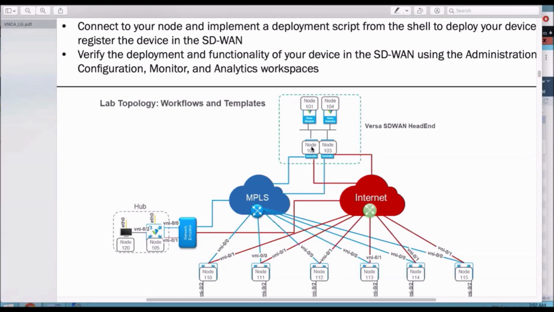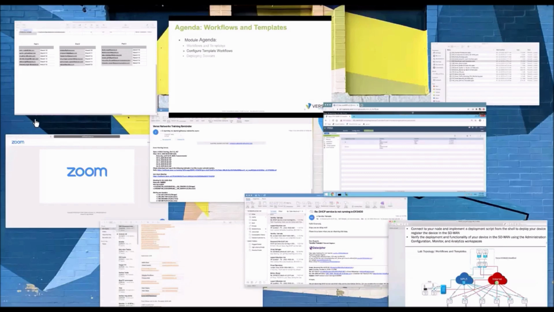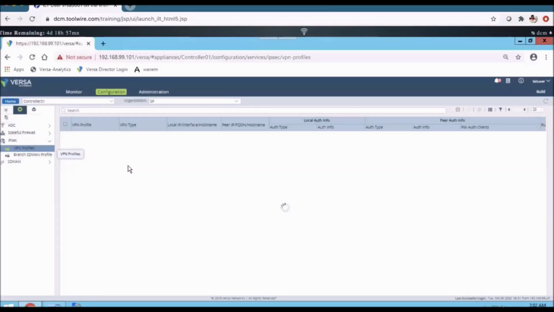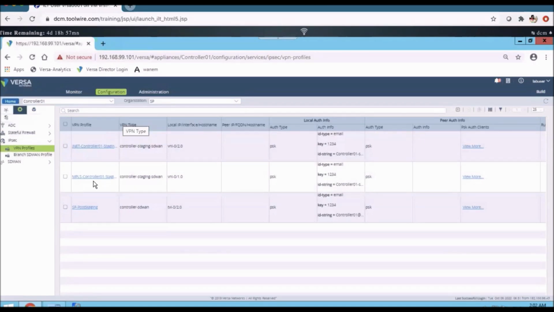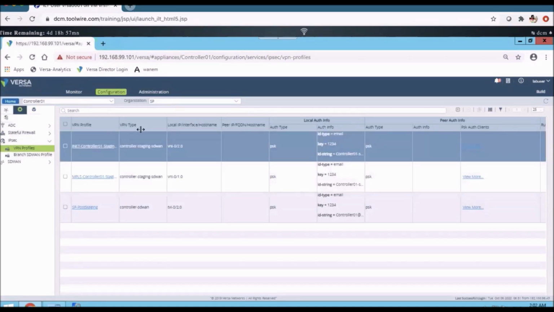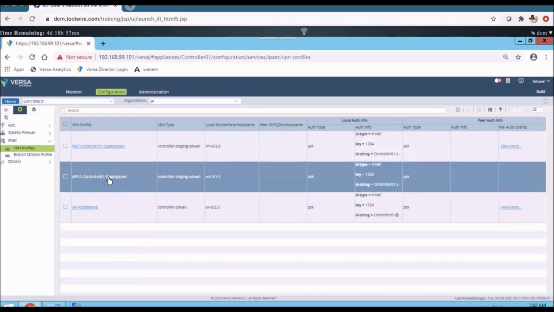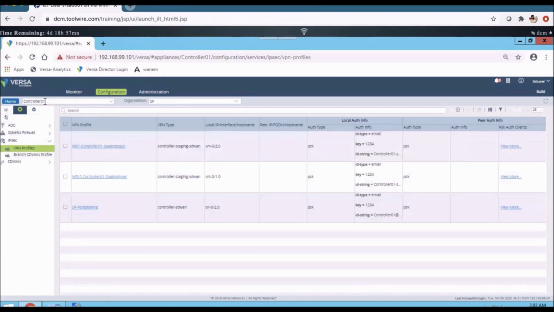I'm going and verifying controller 1 VPN parameters. Okay, so what are the VPN parameters that controller 1 has? I'm verifying under the configuration tab, under the services tab. Under IPsec, I'm clicking on VPN profiles and selecting the WAN circuit, either MPLS or INET. So you can see the staging IPsec profiles. The moment you make the controller a staging server, we are going to get these two profiles.